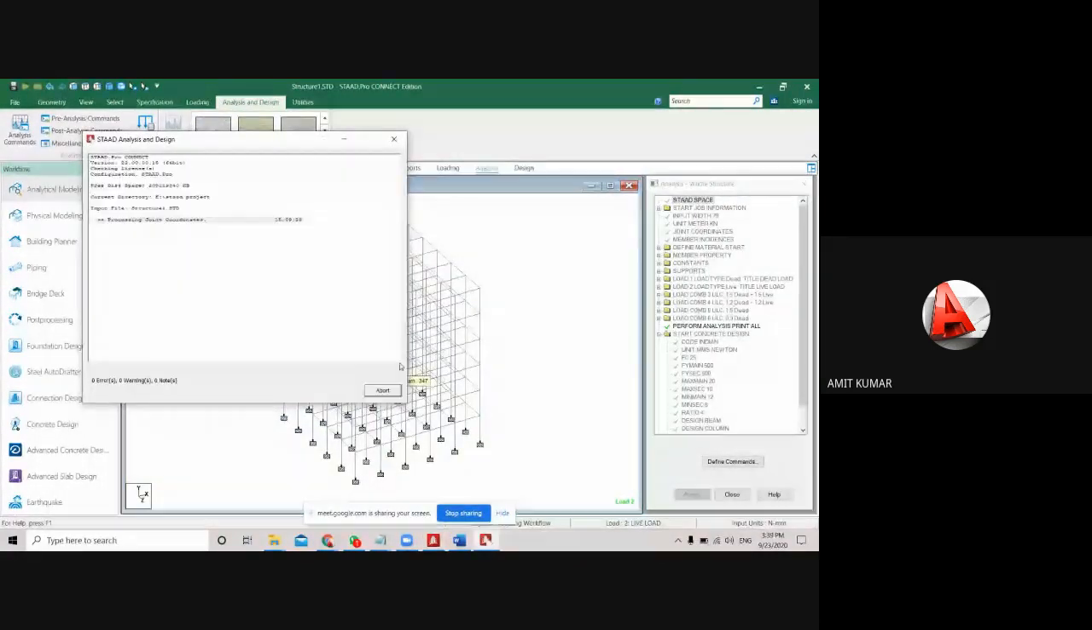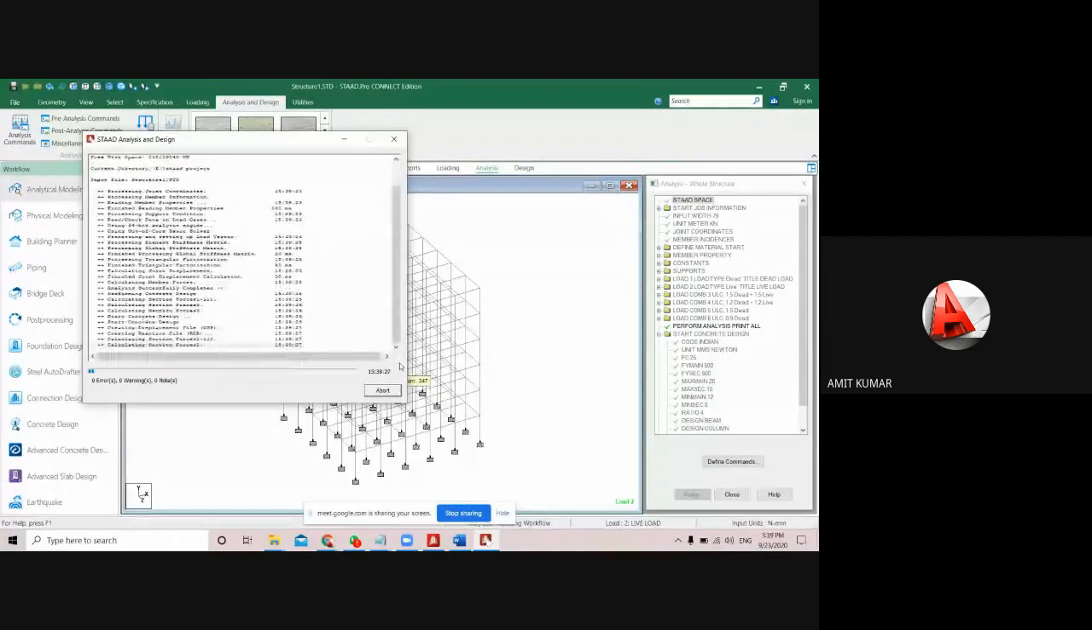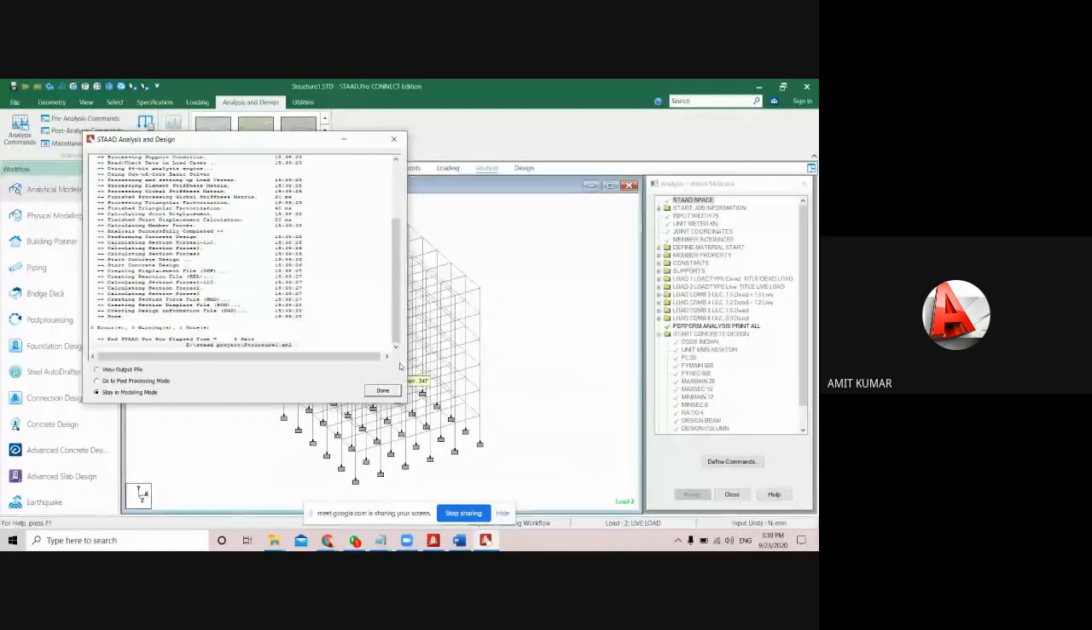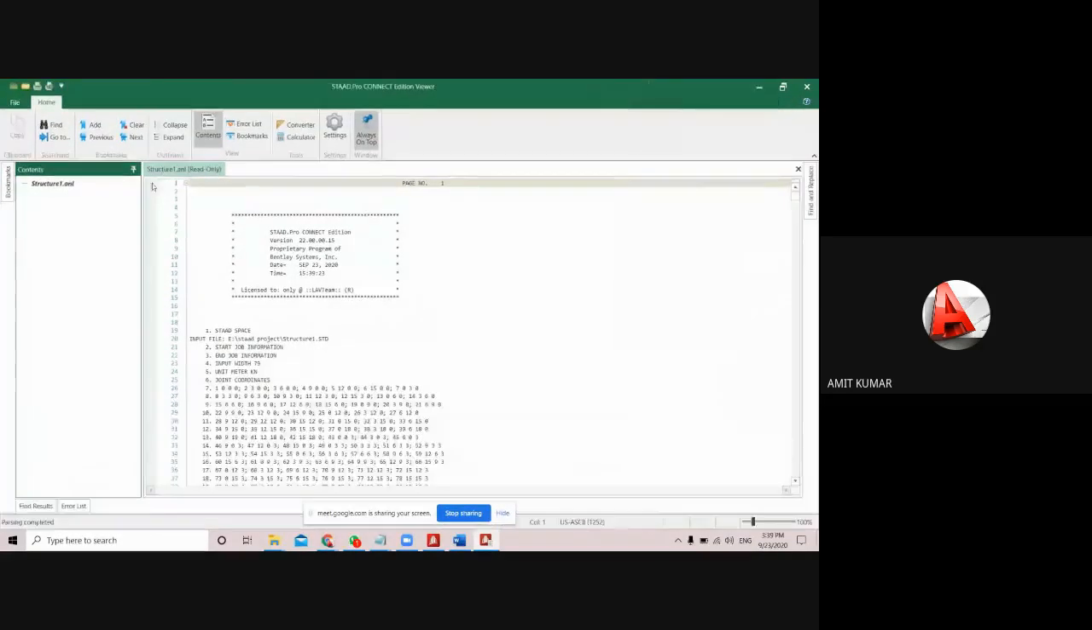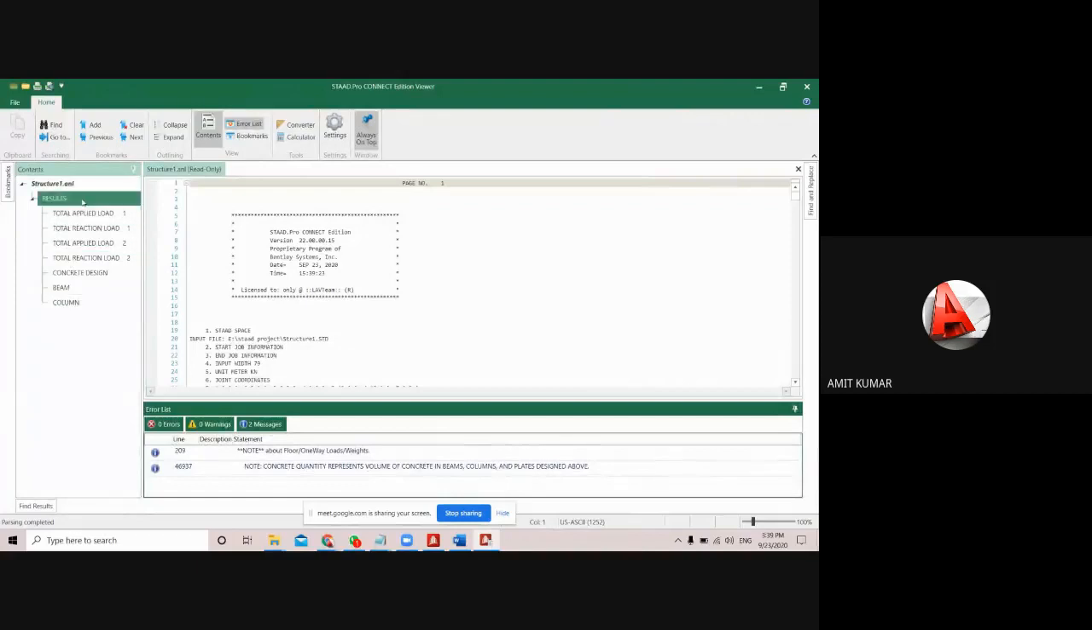Just directly click on the analysis. Yeah, so now the warning is 0. Now I have to check the output. Okay, so for that, here